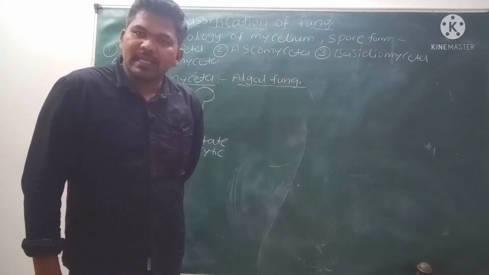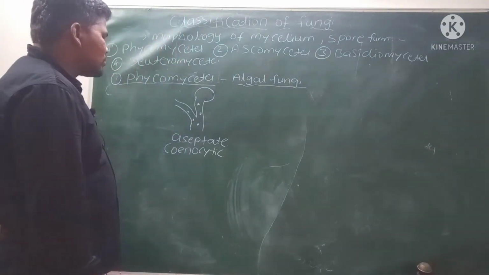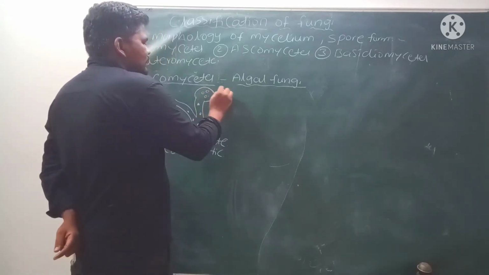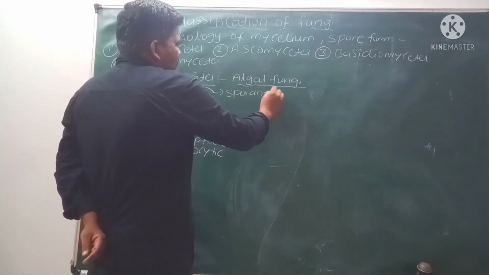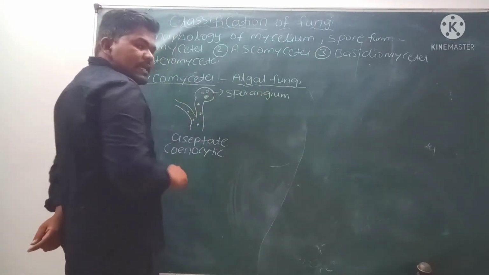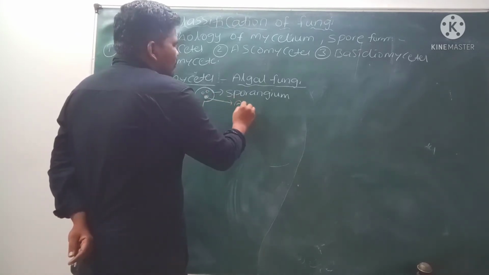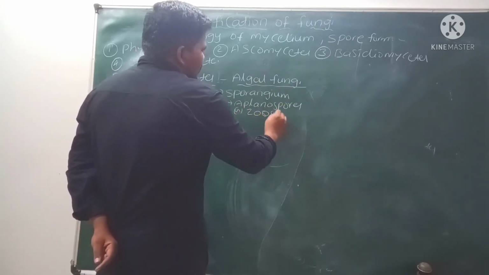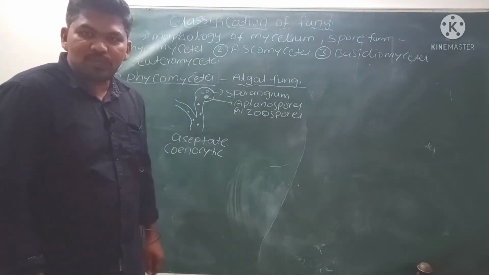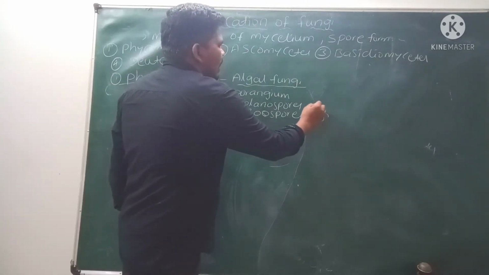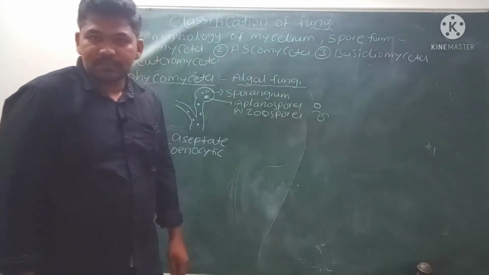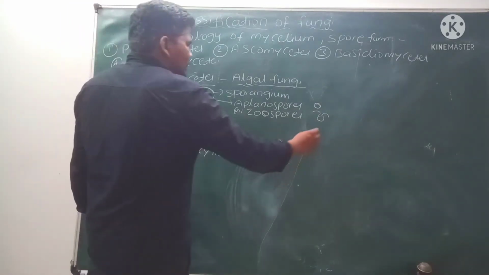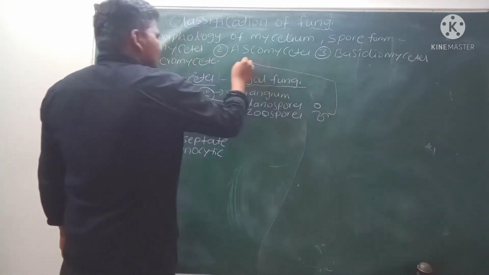It can reproduce asexually by using 2 types of spores. Those are called aplanospores or zoospores. See, this is the sporangium. Within the sporangium we can see the formation of asexual spores, called aplanospores or zoospores. The difference is that zoospores are motile and aplanospores are not motile. Because of the presence of flagella, zoospores can move from one place to another. These aplanospores or zoospores germinate,